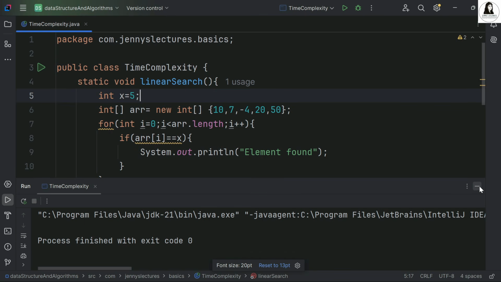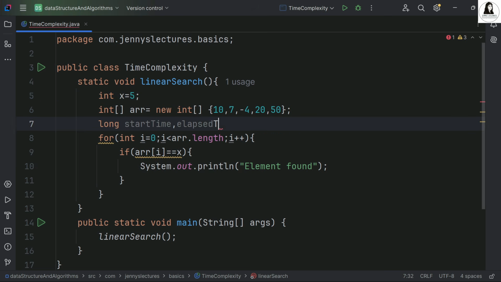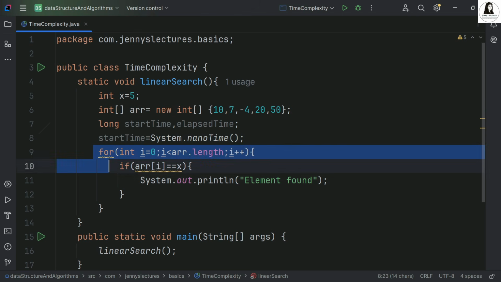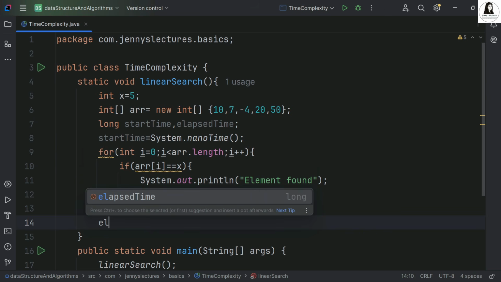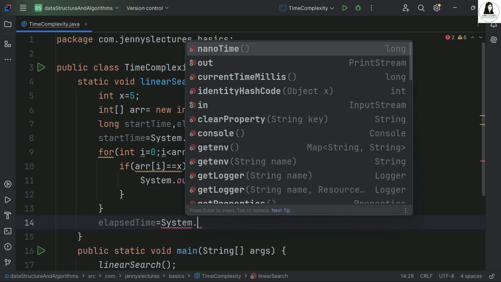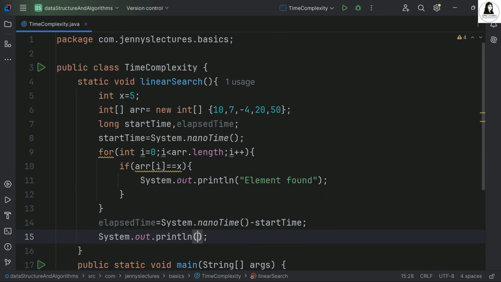If you want to find out the execution time taken, we have one thing here. We have System.nanoTime. Let's start this time here, and after the for loop, let's have elapsed time equal to whatever the right now System.nanoTime is minus the start time. That's it. And we can simply print this time, just divided by 1000, so you get the time in millisecond because it will give you time in nanosecond.